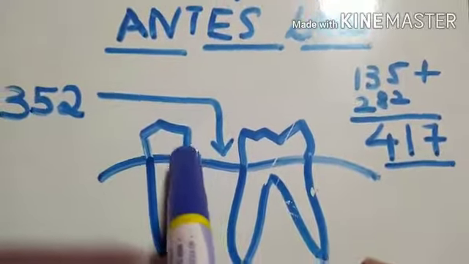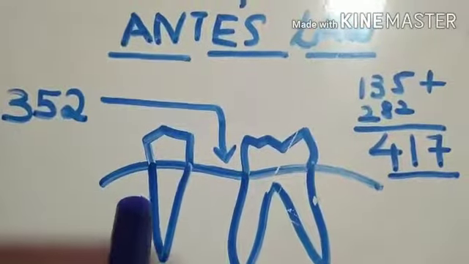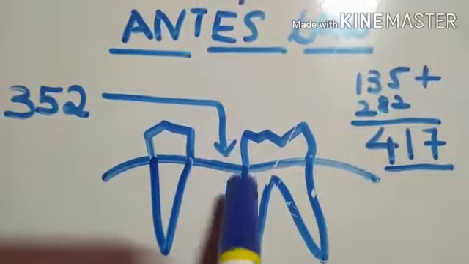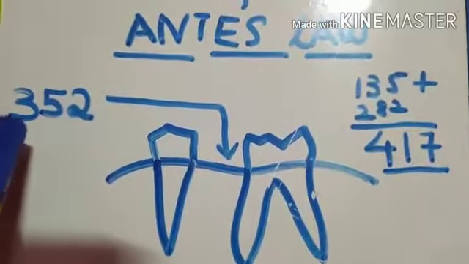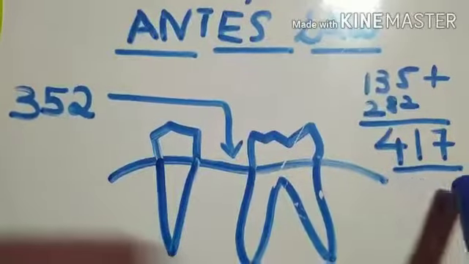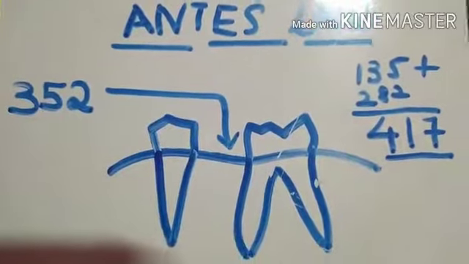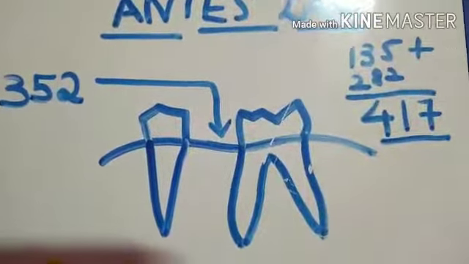Fine. Now here the first molar is missing, right? So according to the chart value, the root surface area of the mandibular first molar comes to be 352. Okay. Now this 352 is less than 417. So definitely we can replace the missing mandibular first molar. So is it very clear to you?